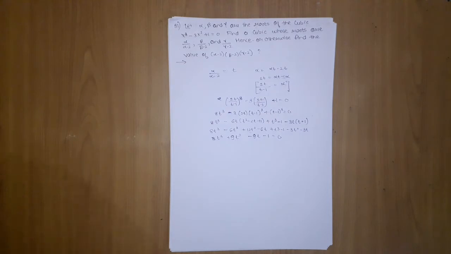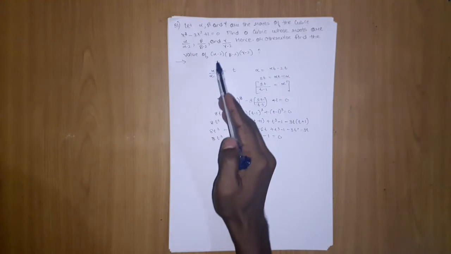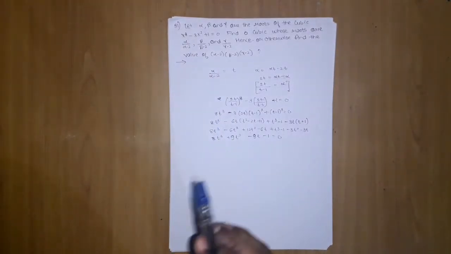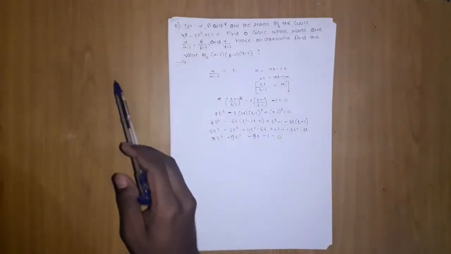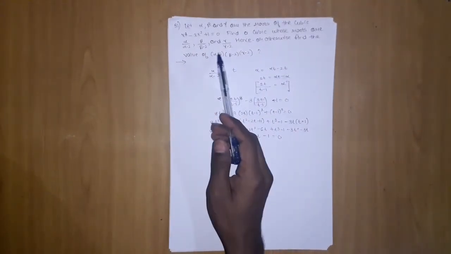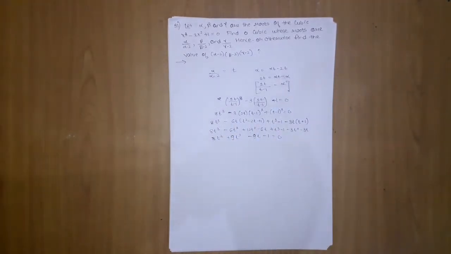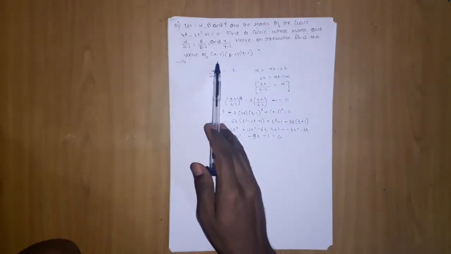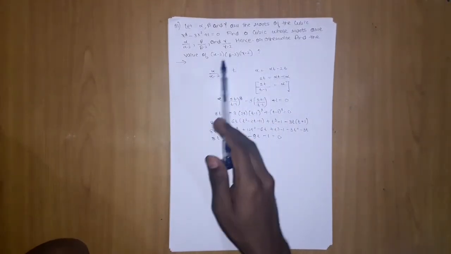Now we want to find the value of alpha minus 2, beta minus 2, gamma minus 2. When such things they give you in product, don't you think you can apply the same approach? It is a cubic equation, just take it as alpha, beta, gamma. They are telling us to form an equation whose product is like this. Let us take alpha, beta, gamma as t1, t2, t3, the roots of an equation which we need to form. So if we form that equation, the product of the roots t1, t2, t3 will be this value.